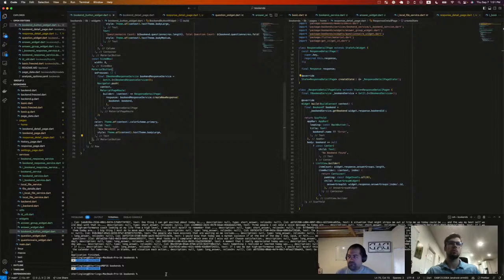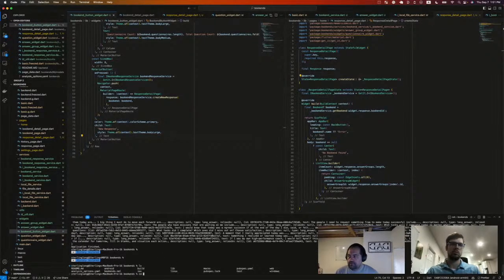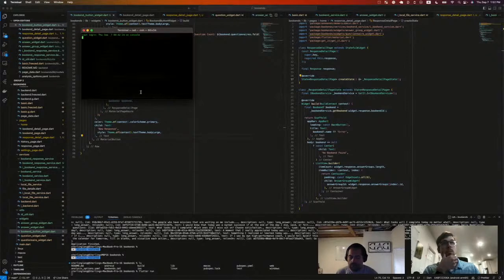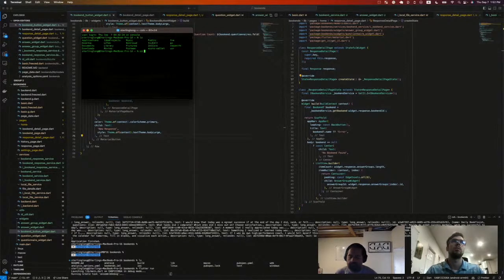Indentation for answer group. Come on. Answer group.